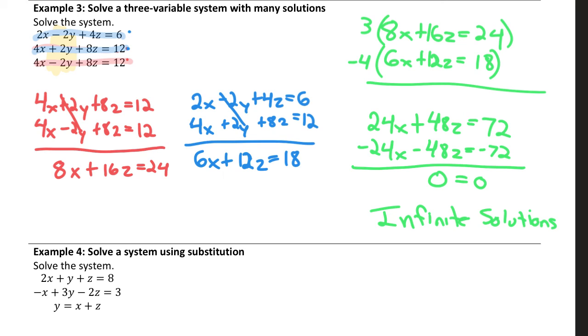means infinite solutions. Now, infinite solutions doesn't only happen when I get 0 equals 0. If I do this and I get something like 7 equals 7, that would also mean infinite solutions. So don't be fooled thinking it's always just 0 equals 0. Sometimes it happens a little bit differently. But if everything eliminates and you get a true equation, that means infinite solutions. If everything eliminates and you get a false equation, that means no solutions. If you get x equals a number, that means you keep going and you try to find the other parts